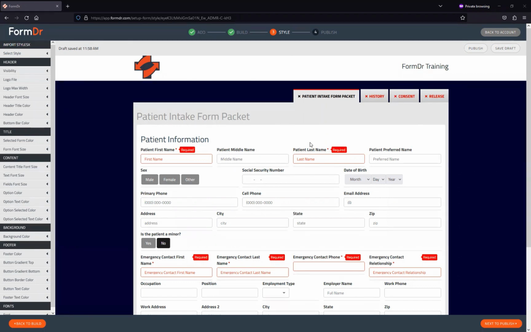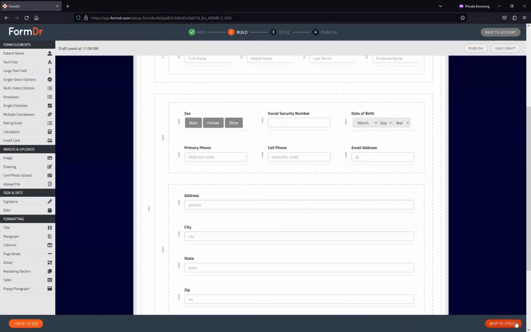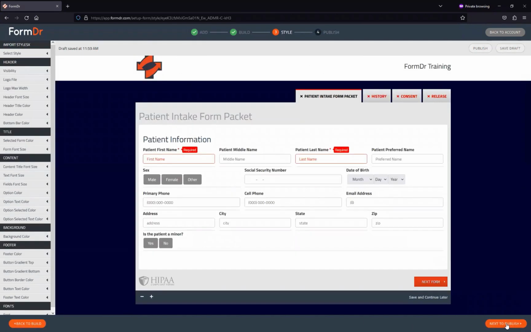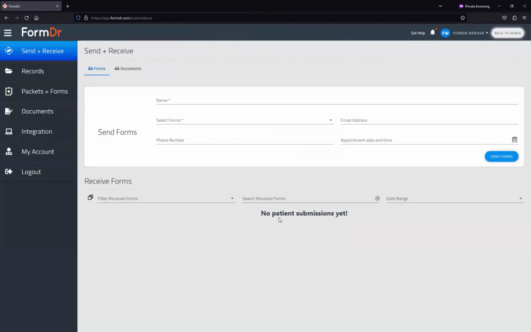But once you've made your changes, it's important to go through and publish the form. You'll just want to make sure to click all the way through the builder. If you are on that builder, you'll just want to click next to style, next to publish, and then back to account. The publish page does say publish, but this is just giving you one last opportunity to update the name of the packet or collect any of the other information that you might want to get from this packet on this page. But once you're ready, click that My Account button at the bottom right or the Finish Building, go to My Account. Either one of these is going to take you back to the Send and Receive page,